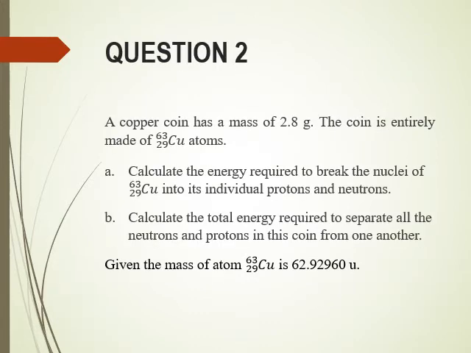Question 2. A copper coin has a mass of 2.8 grams. The coin is entirely made of copper atoms. A. Calculate the energy required to break the nuclei of copper into its individual protons and neutrons. B. Calculate the total energy required to separate all of the neutrons and protons in this coin from one another. Given the mass of the atom is